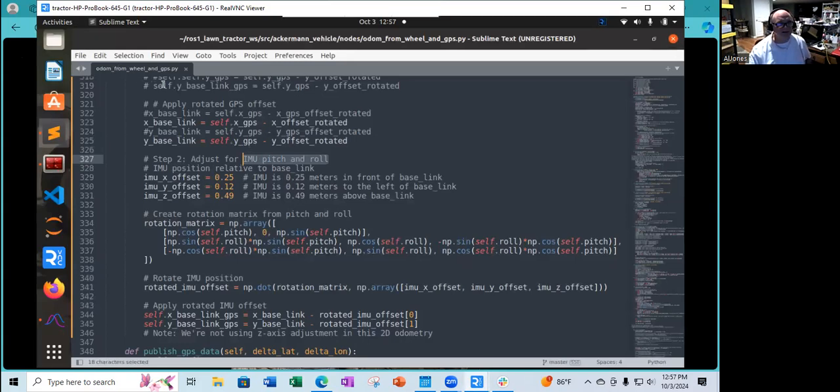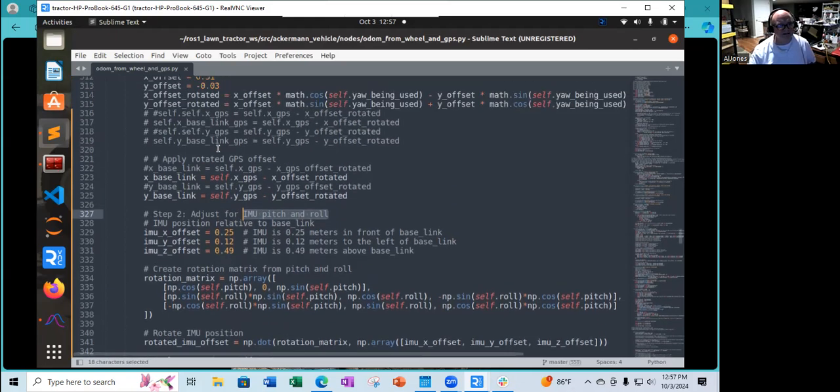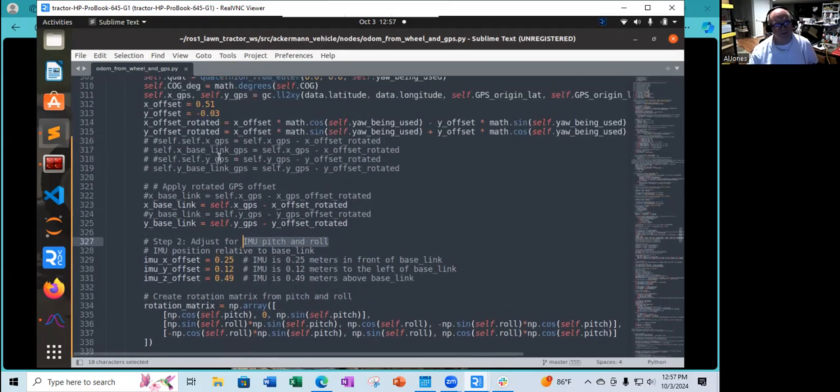I think what I'll do is go back to this Python program that generates the odom statement from the GPS data and add some more, maybe a multi-array with data before the adjustment and after the adjustment, because right now I just save the odom statement. I don't save the intermittent data,